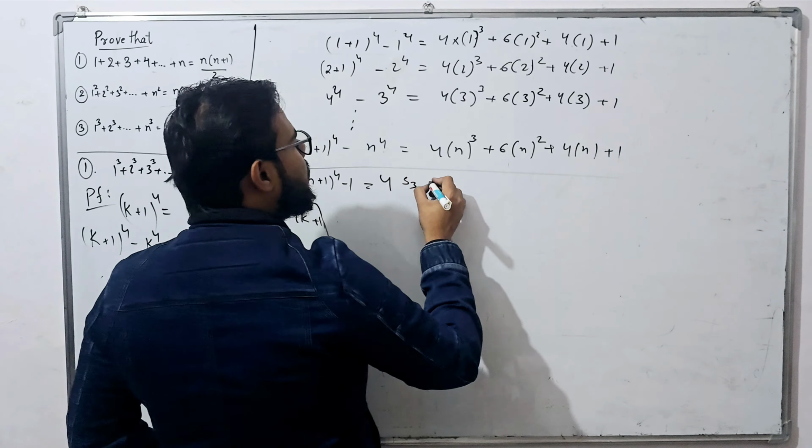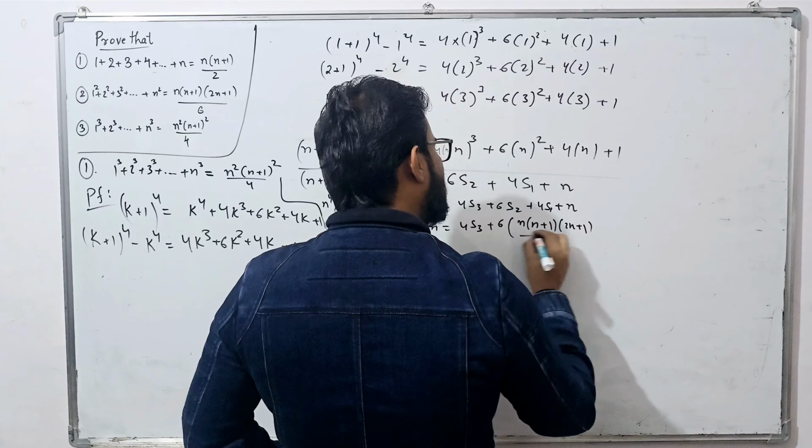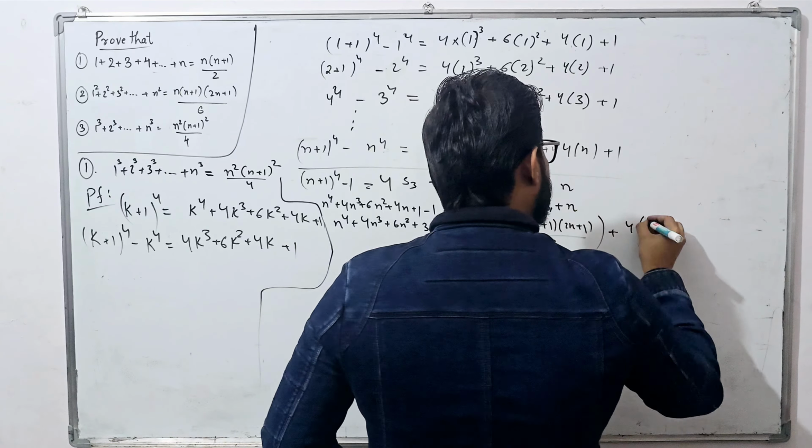It is n to the power 4 plus, you have n over here also, so you can cancel it. So you get 4n cube plus 6n square plus 3n is equal to 4s3 plus 6 times n into n plus 1 into 2n plus 1 by 6 plus 4 times n into n plus 1 by 2, right? You get this? Okay. And let's solve it. n to the power 4 plus 4n cube plus 6n square plus 3n is equal to 4s3 plus, and when you solve it you will get